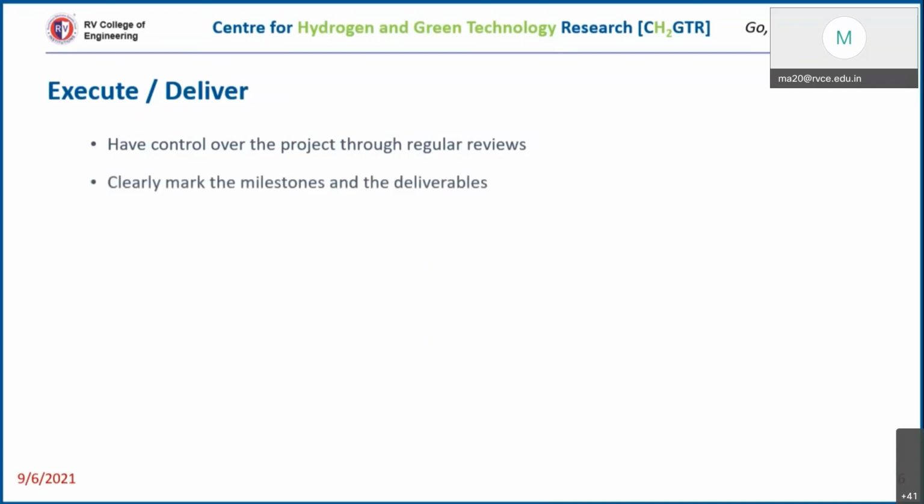Clearly mark the milestones and the deliverables. So at the end of the project, you need to attain 2 objectives. But in order to do that, you cannot just say, I will verify whether I have achieved the objective or not only at the end of the project. No. So in order to achieve objective 1, as we discussed earlier as an example, you need to do 4 tasks. So as soon as task 1 is completed, you just mark that as a milestone. Okay. And cross check.